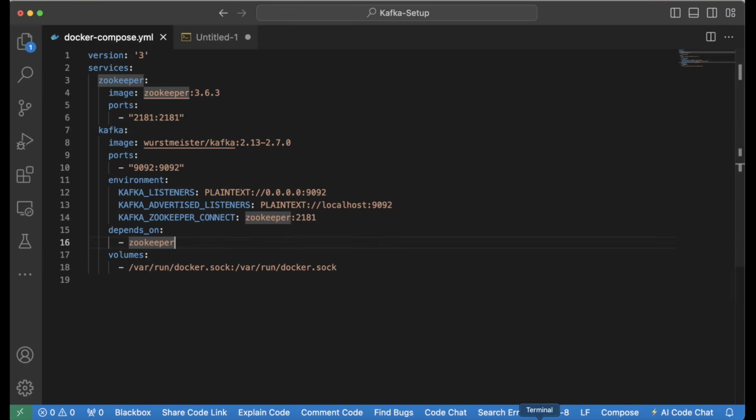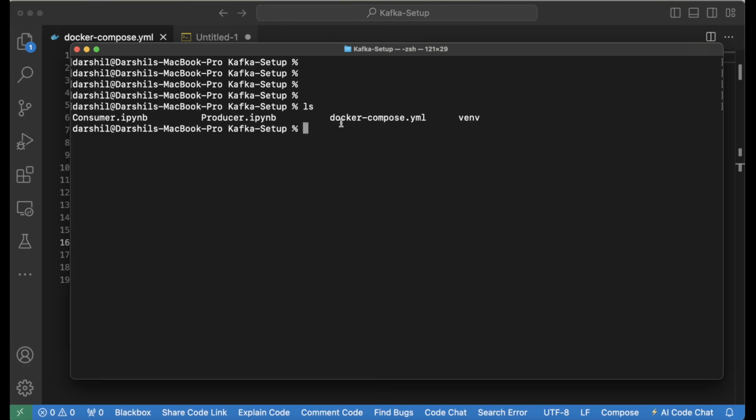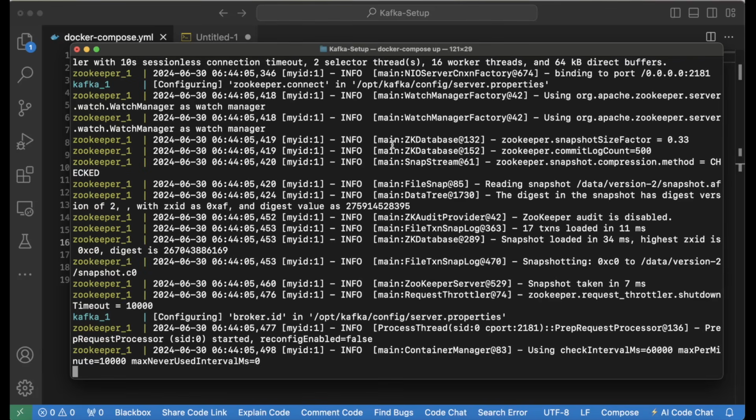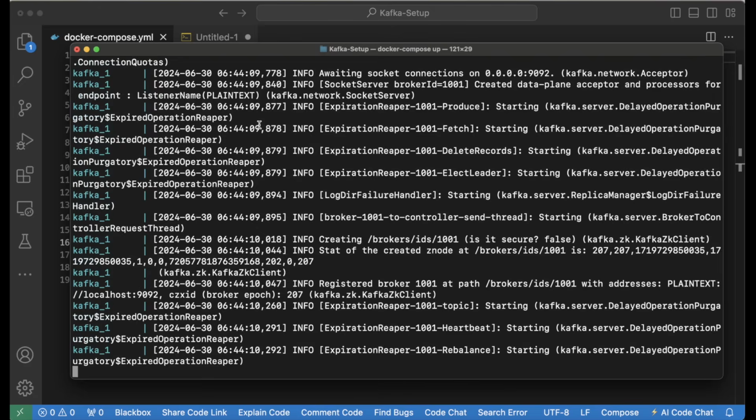Okay. Once you have this, you can go to the terminal and navigate to the folder. On this folder, you will see I have the Docker compose YAML file available. This you have to download and put onto your local PC. Then after this, I will run the command docker-compose up. This will run the entire YAML file that we created for the Docker compose, and it will set up Kafka on your local PC.